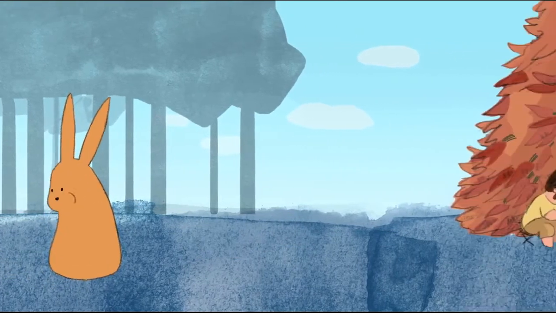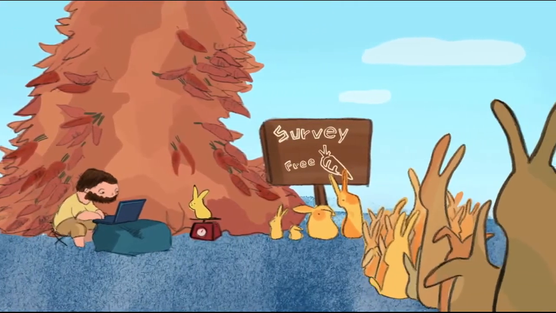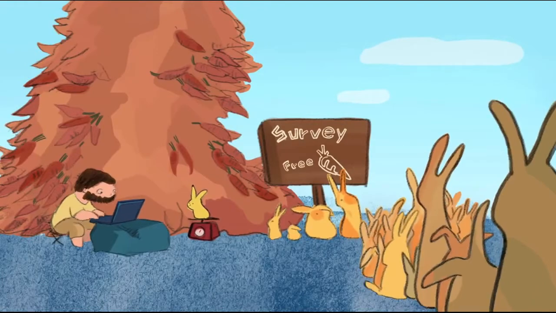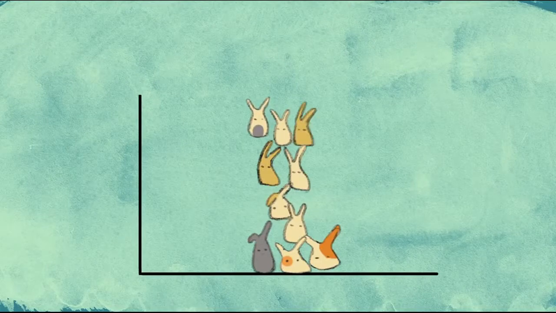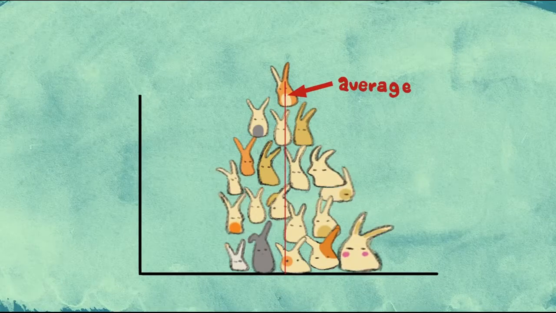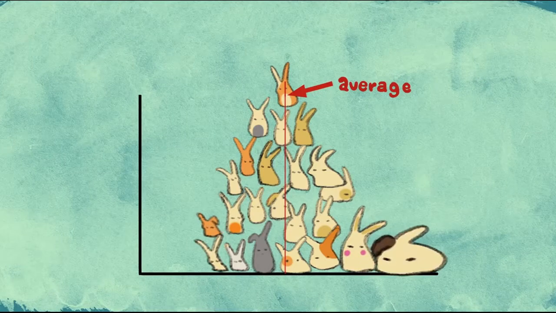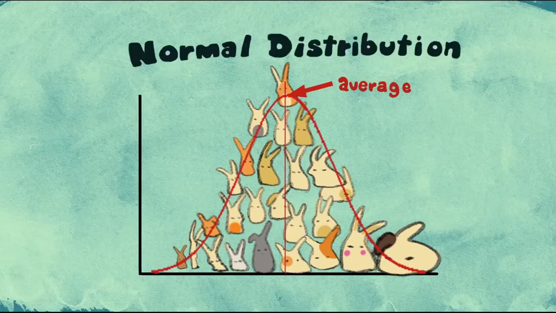Somewhere in the fields, a brave ecologist is studying wild rabbits. He plans to record the weights of every single rabbit. If he follows this plan, he will notice that most of the rabbits are close to the average, and that there are some rabbits, but not many, that are much larger or much smaller than the average. The further from the average you get, the fewer animals there are. This particular bell-shaped curve is called a normal distribution.